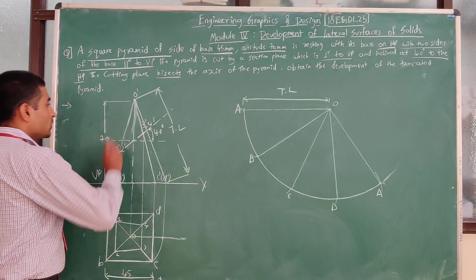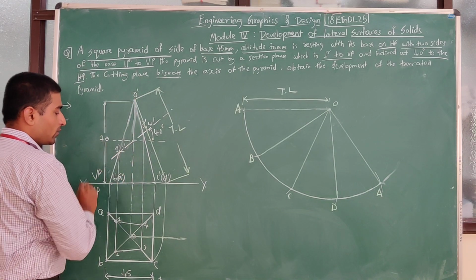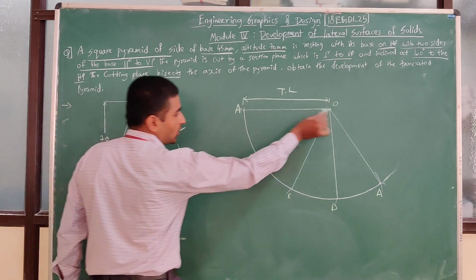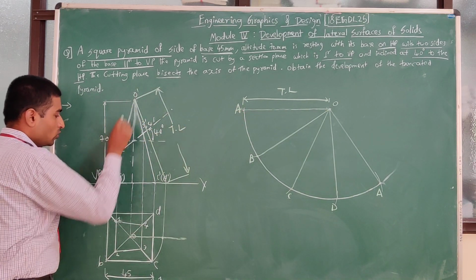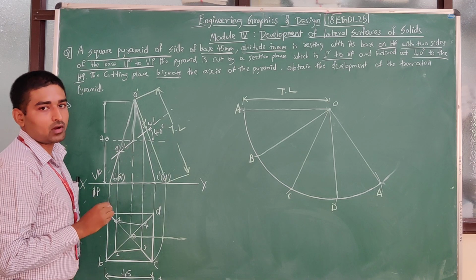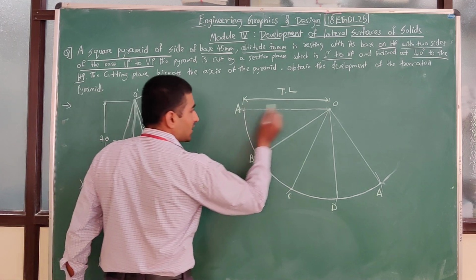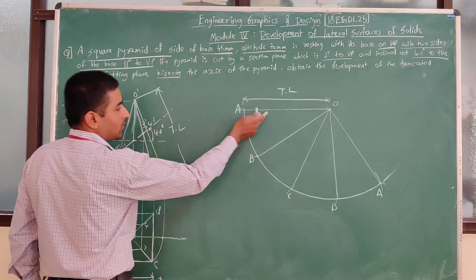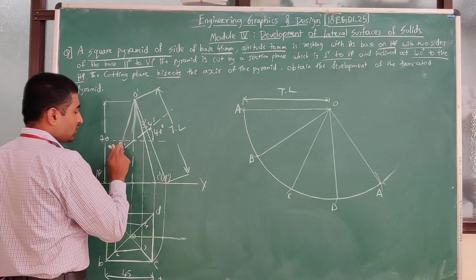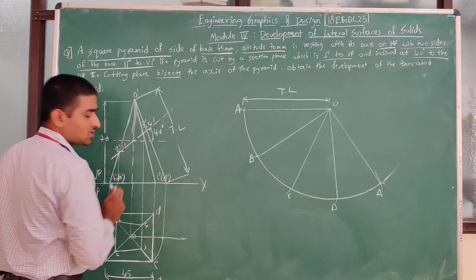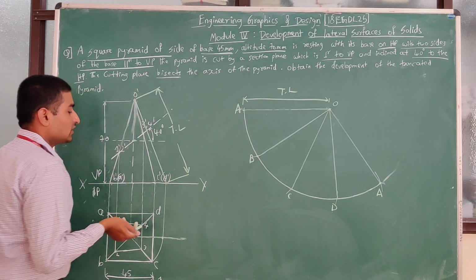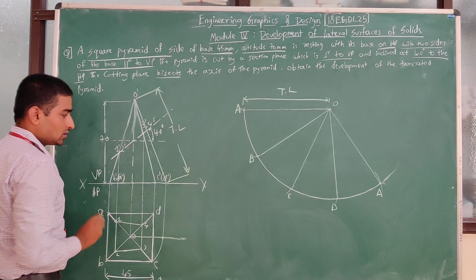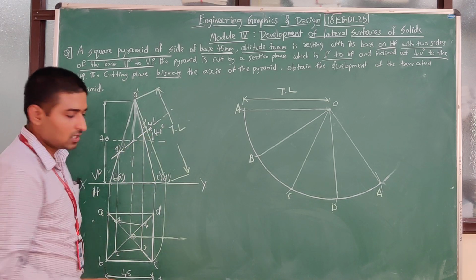So let us go with the first one. O to one point, that is coming from O dash to A dash. So O to A, whatever the distance is, I am going to check here. But what is the problem here? The length I have taken here, O to A, is not the same length as I have taken here. The length I have taken here is of this edge. Many of you will ask, sir, what about this edge? The edge on this side and this side will remain the same. Yes, of course.